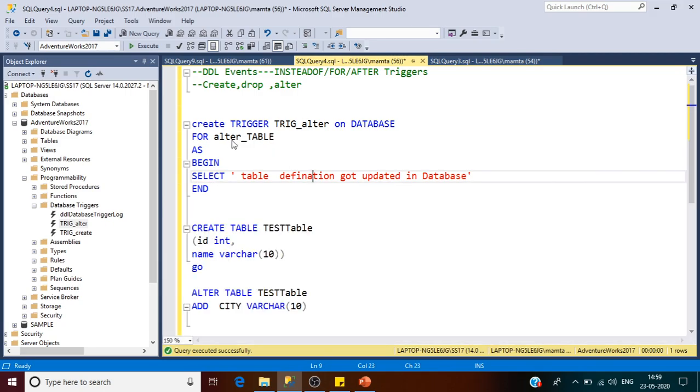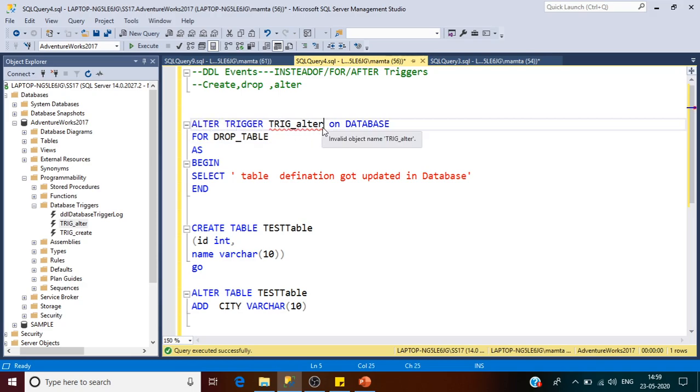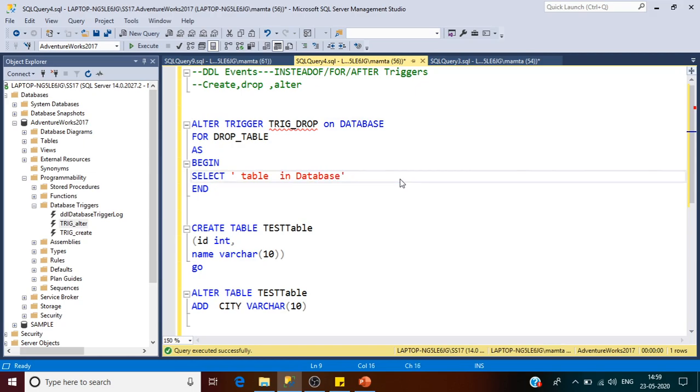If you want to handle drop as well, you can either create a new trigger or modify this one. For testing purposes, I am modifying the trigger to save some time here. The message will be: table dropped in database.